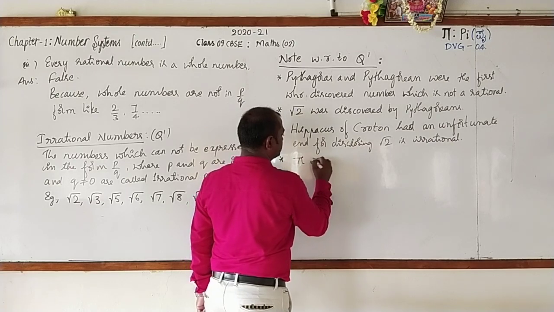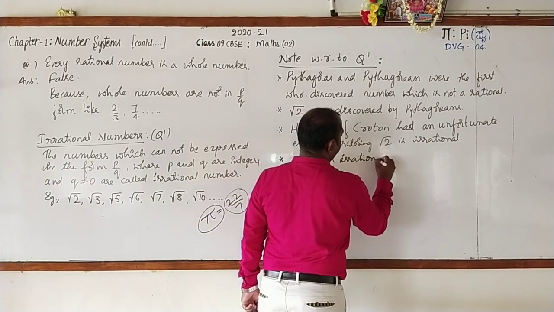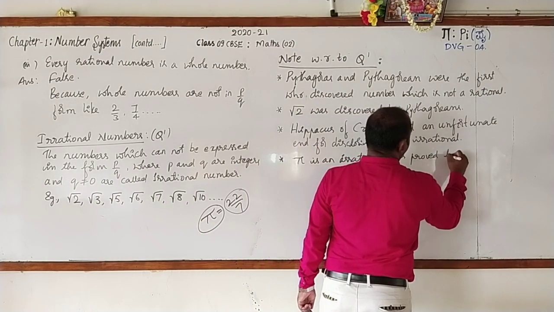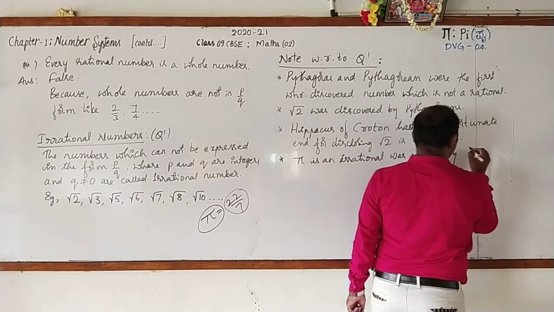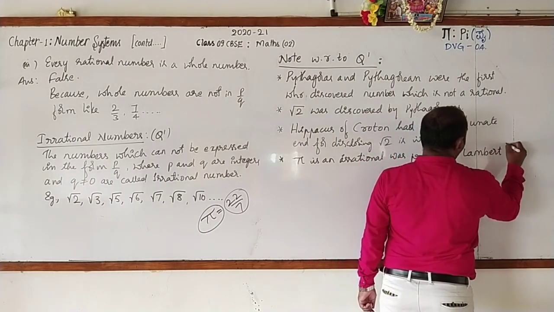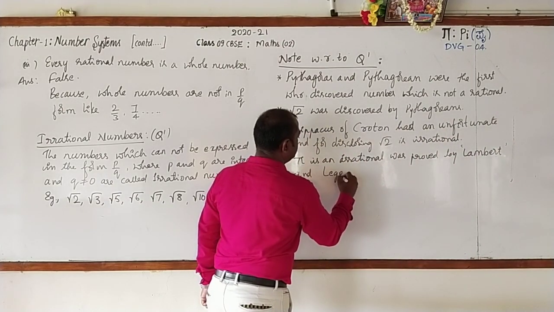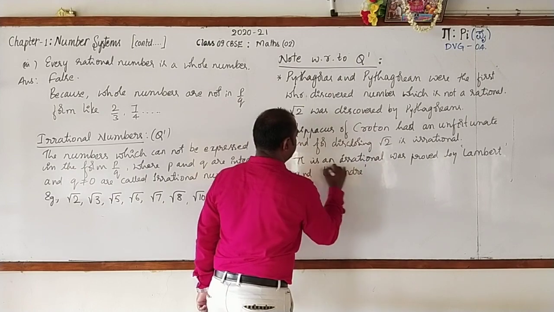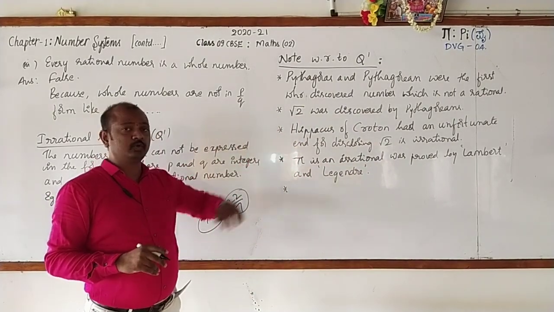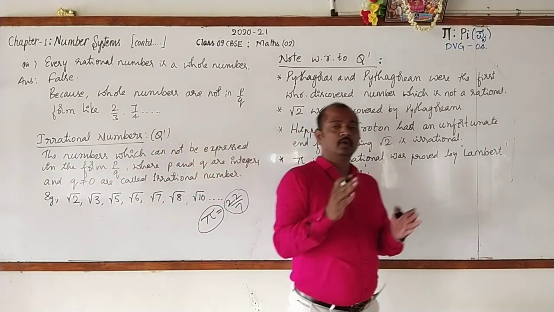Pi is an irrational number was proved by Lambert, L-A-M-B-E-R-T, and Legendre, L-E-G-E-N-D-R-E. And another information, other than root 2, some more numbers are there, like root 3, root 5, root 6,